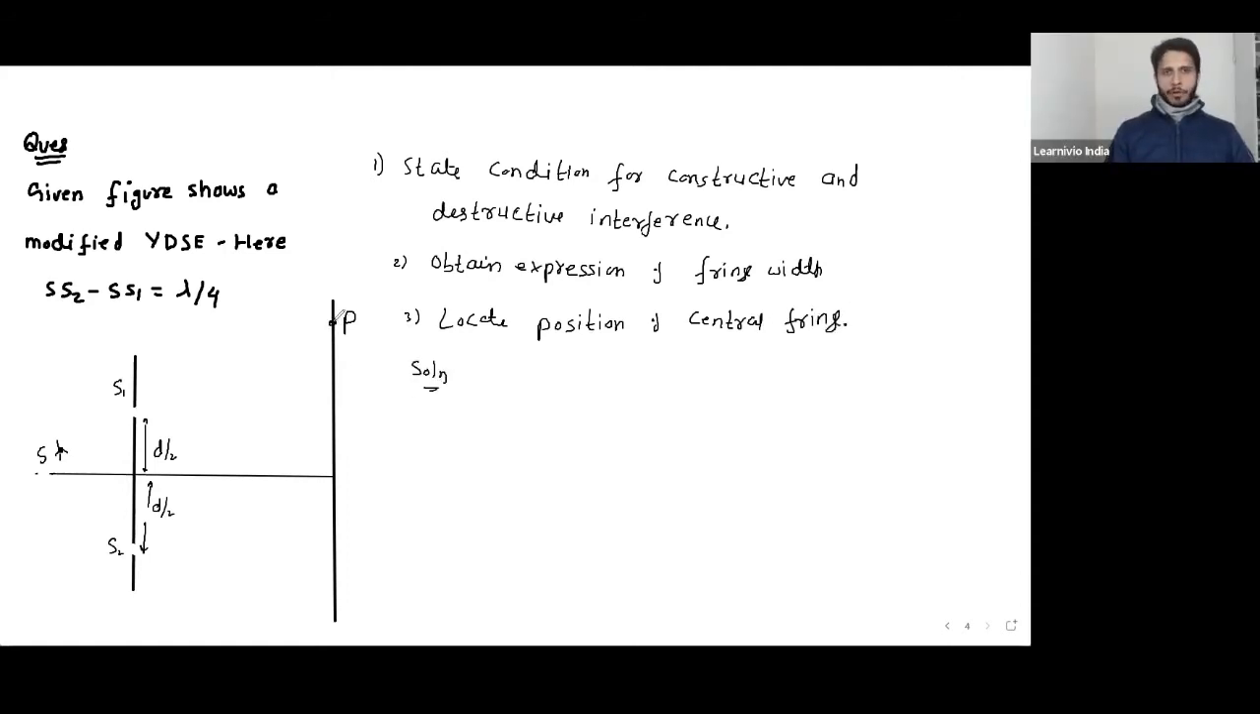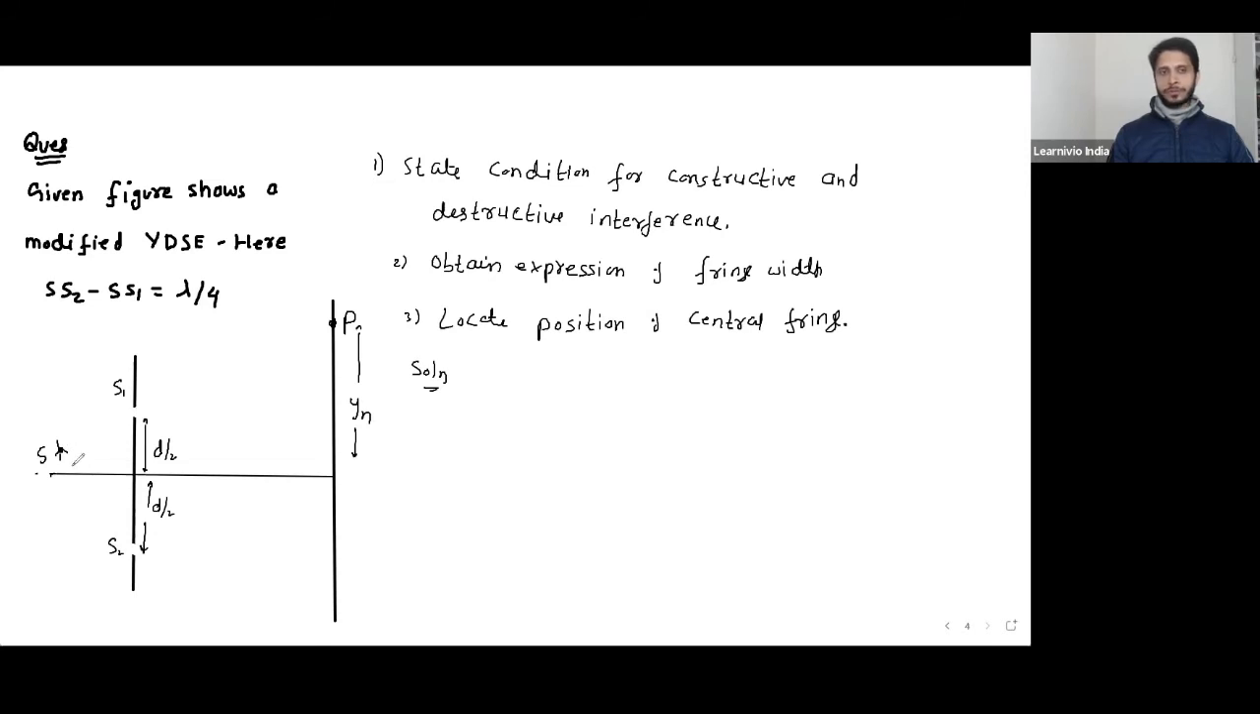So let's consider a point P here at a separation y. You're supposed to calculate the equation of yn for which the point P here is a bright fringe and the condition of yn for which the point P here is a dark fringe. We have already derived this, but while deriving, we assumed that the source is at the perpendicular bisector. But now the source is not at the perpendicular bisector, so you have to see what is the difference in